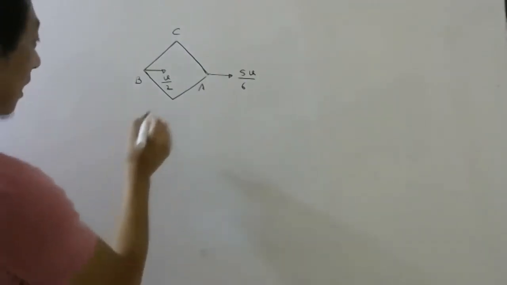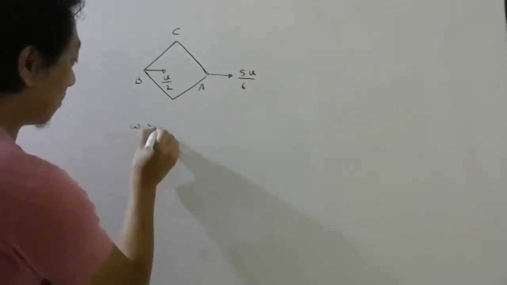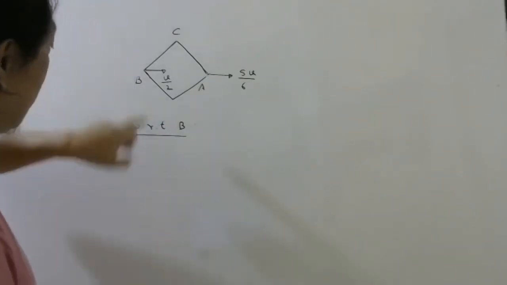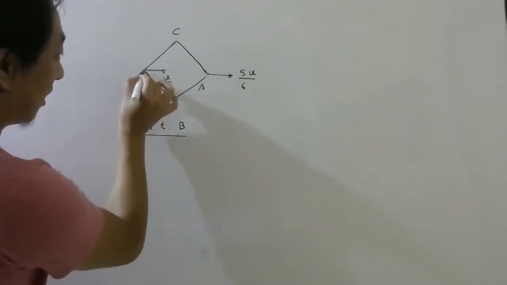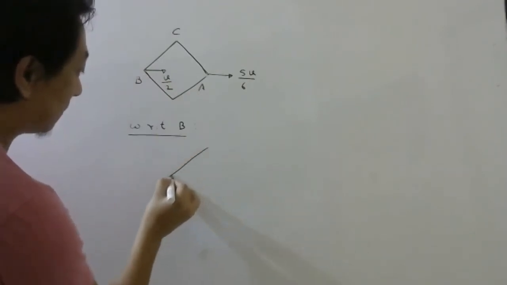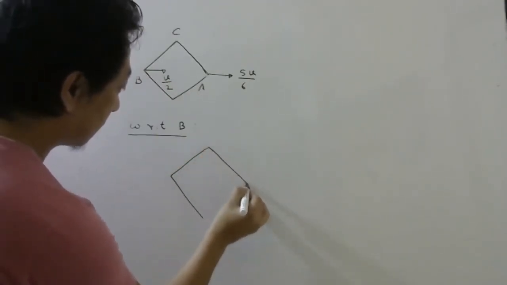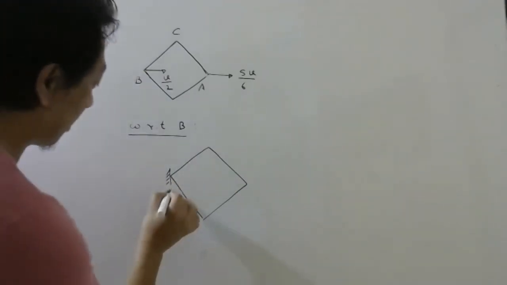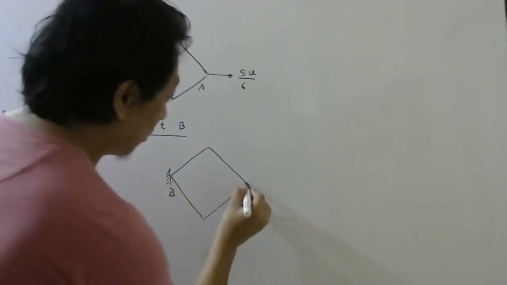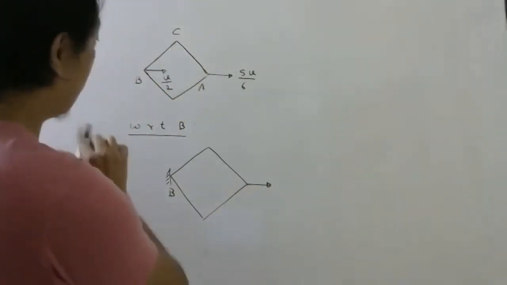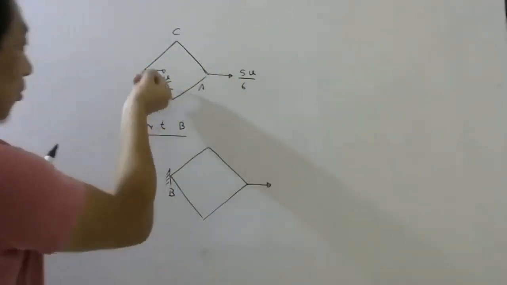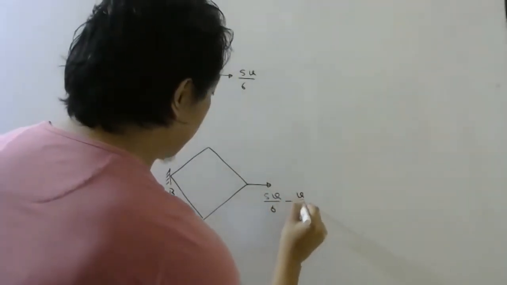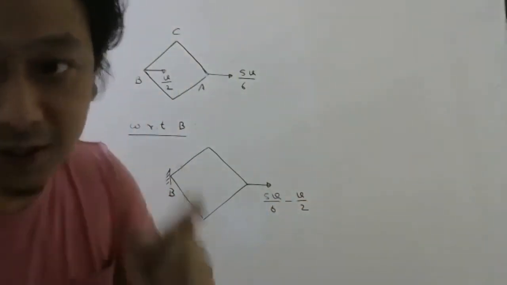So see here, what I will do now is I will go with respect to B. If I go with respect to B, if I do the problem, matlab sit here. So if you sit here, this will be fixed. B will be fixed now. This point will go with what velocity? You have to do ulta and add with this. If you do ulta and add, it will become 5v by 6 minus v by 2. That is how you find relative velocity, right?